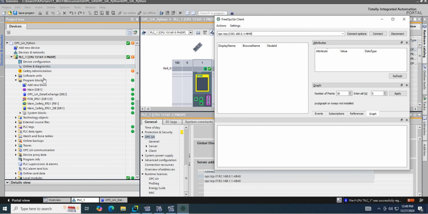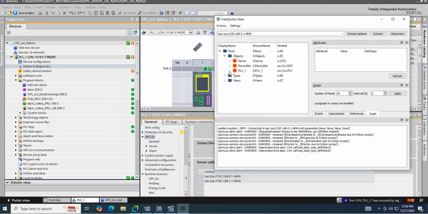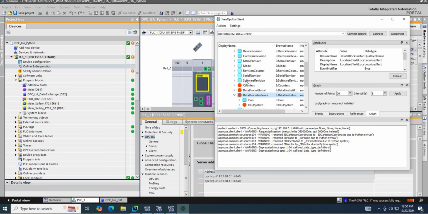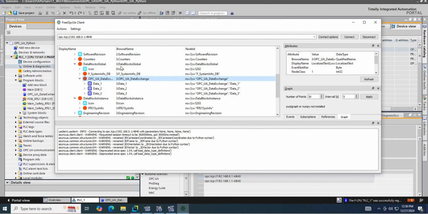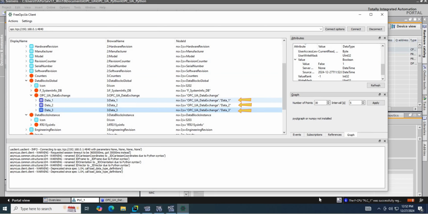Now, I can connect to the PLC, which is the OPC UA server, using this client application. And here we see the connection is established. Here's the PLC. Here I can find the global DBs in the project. Here is the global DB I had created and the variables. Here I can see the value being retrieved, and here I have the node IDs of the variables I am